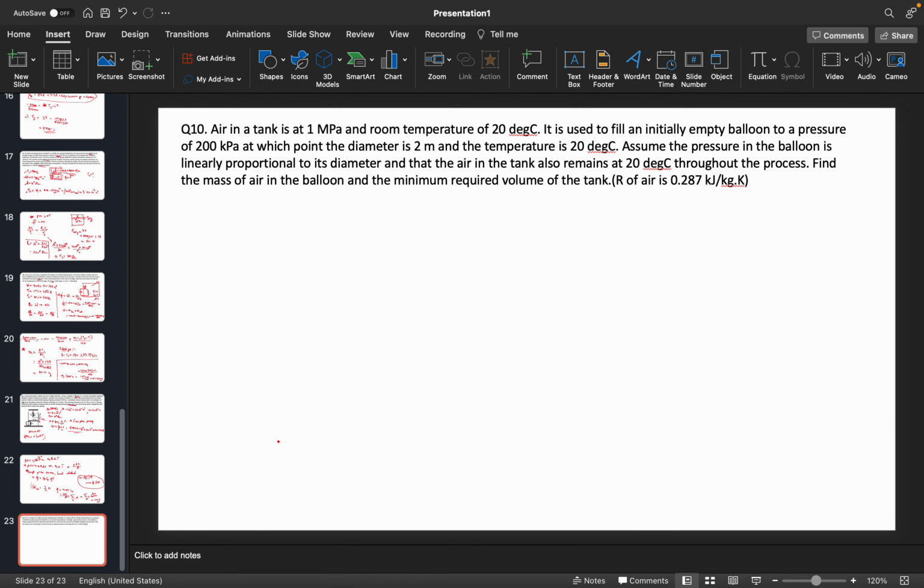Air in a tank is at 1 megapascal and room temperature of 20 degrees Celsius. Now it is used to fill an initially empty balloon to a pressure of 200 kilopascal, at which point the diameter is 2 meter and the temperature is 20 degrees Celsius. Assume the pressure in the balloon is linearly proportional to its diameter and that the air inside the tank